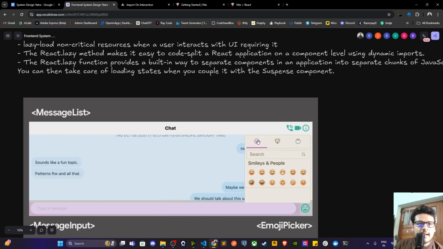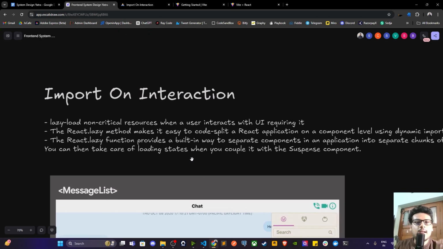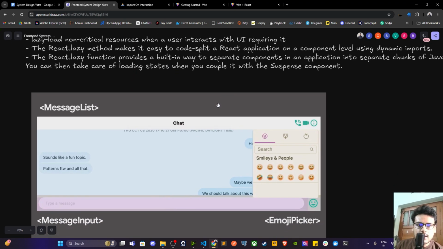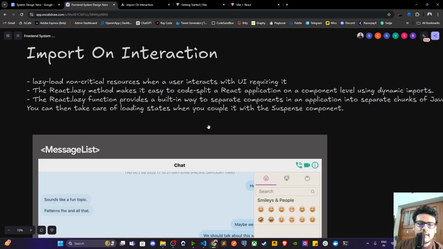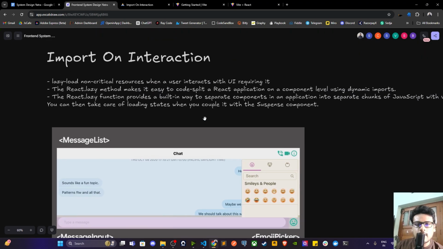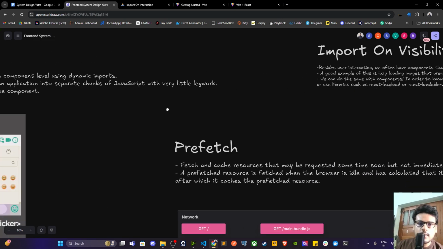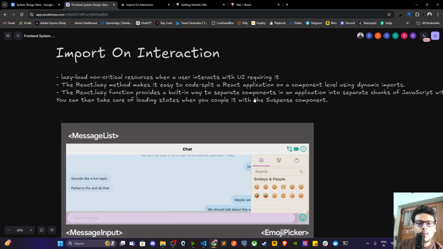So this is what it is, and again we are going to leverage React lazy to achieve import on interaction in a React application. Okay, so I hope you understood it. This is just a variation of code splitting, and next we are going to talk about import on visibility in the next module. So let us head over to our application,